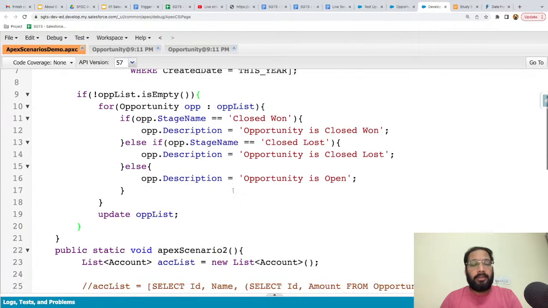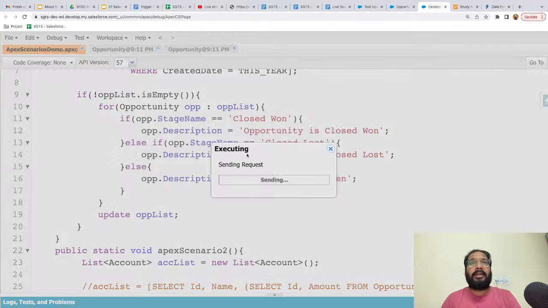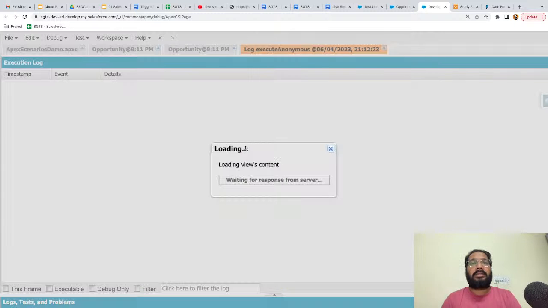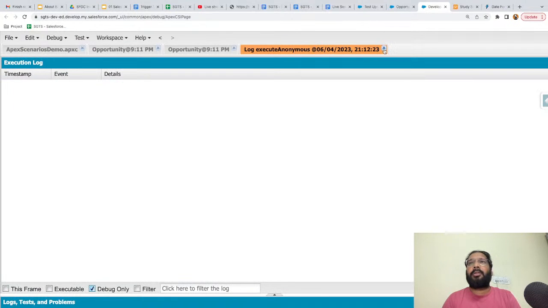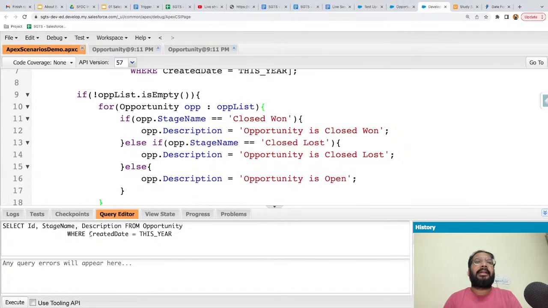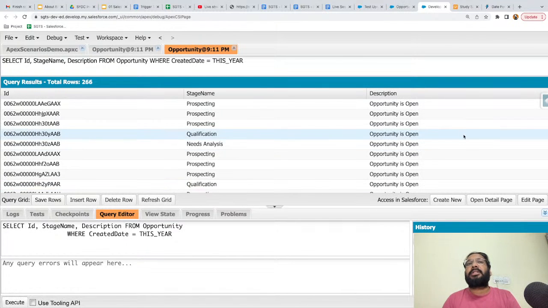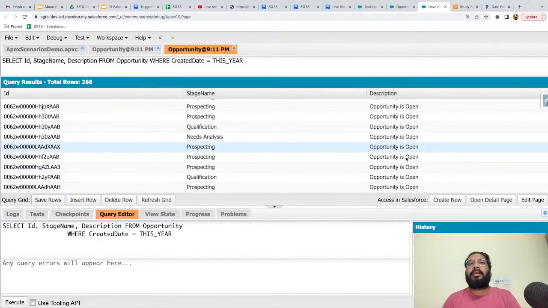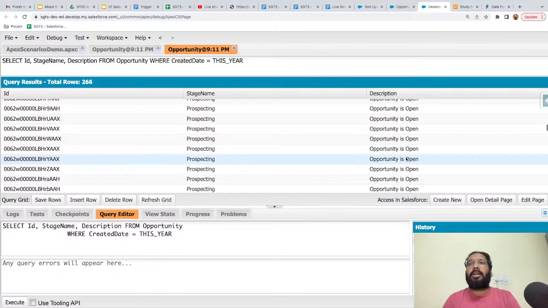So I'm going to run it, Apex scenario 3. I'm saving this code, running Apex scenario 3, clicking on execute. It is executed. Nothing will be available in the logs because we don't have any system.debug. Now just go to query editor and run this query again, and click on refresh grid. So here you can see the data. For prospecting, need analysis, qualification, it is opportunity is open. If I scroll down,